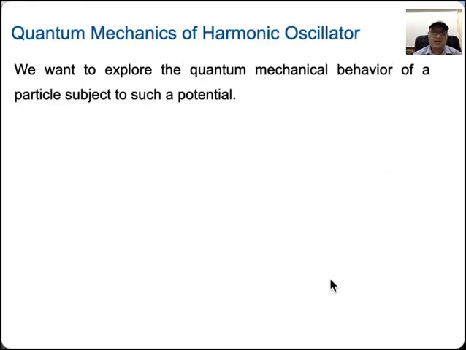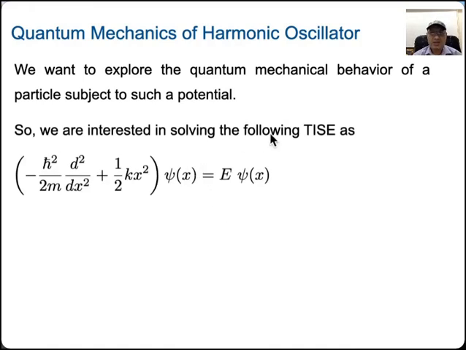So let's explore the quantum mechanical behavior of a particle subjected to a harmonic oscillator potential. Let's write down the time independent Schrodinger equation, and by now you are familiar with how to immediately write down the time independent Schrodinger equation for a given potential. So this is the kinetic energy operator, minus h cross square over 2m d2 over dx2,